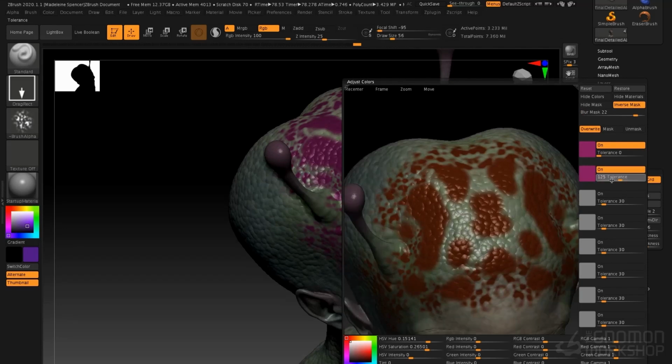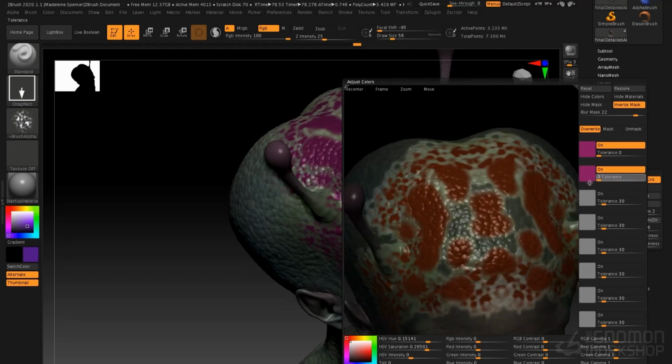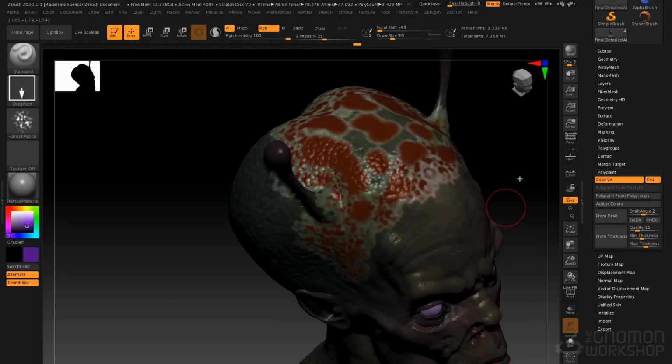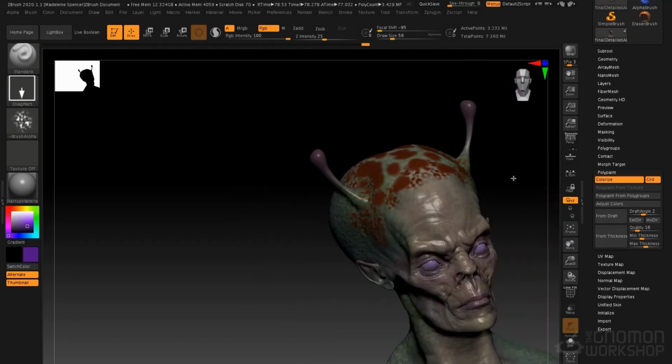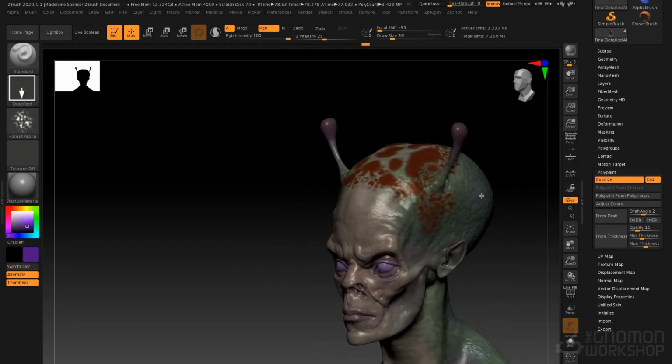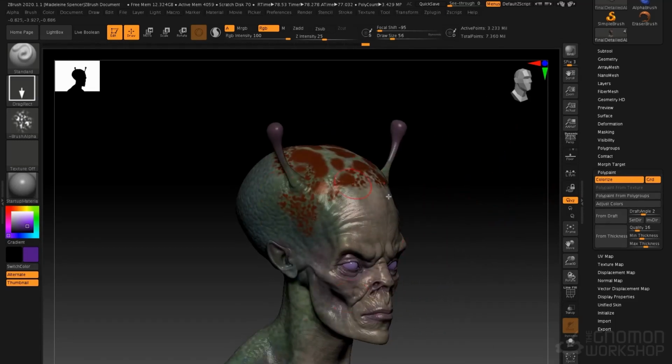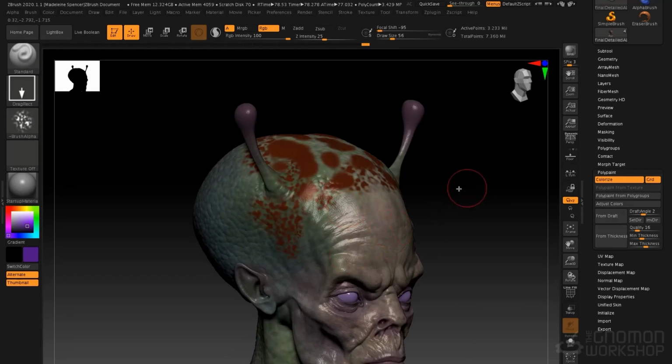I want to get that right up to the edge. There we go. Click OK, and there you see we can adjust that color based on our adjust colors controls, but it's not going to have an effect or be able to do anything to any of that poly paint that doesn't live